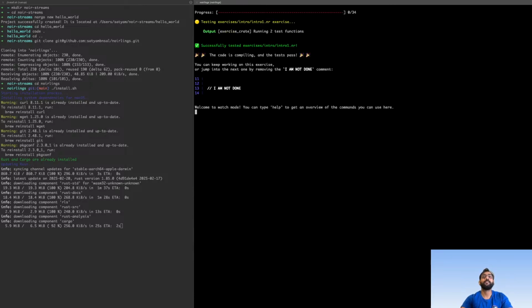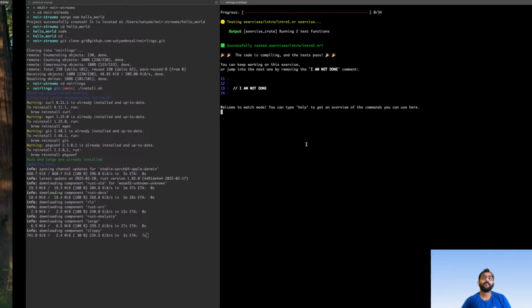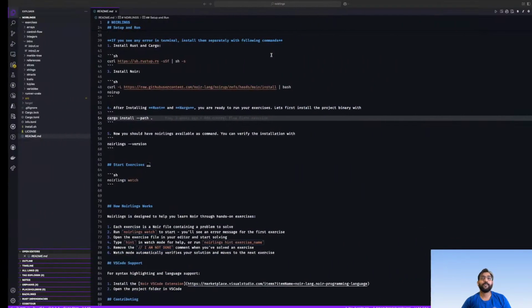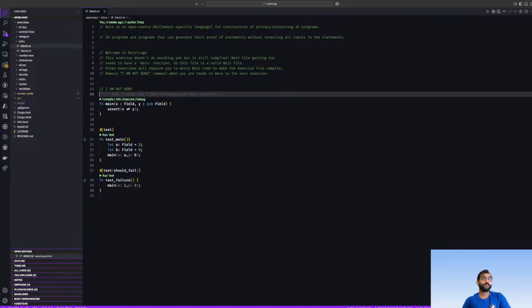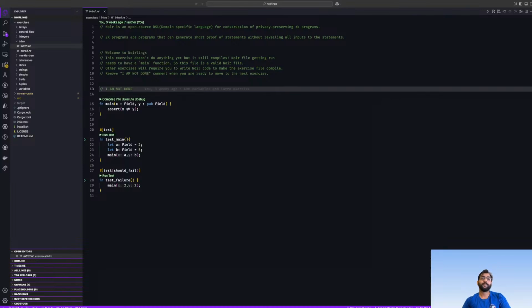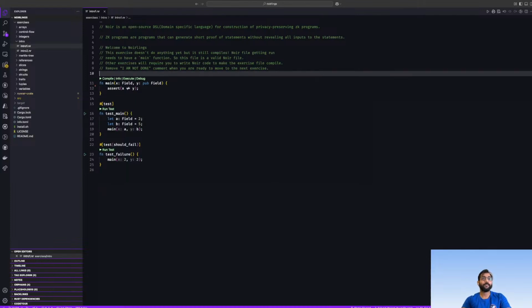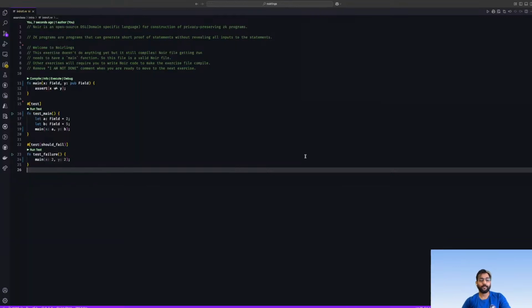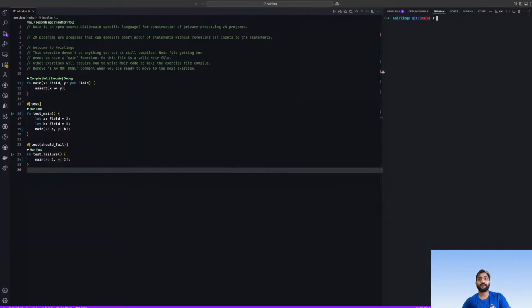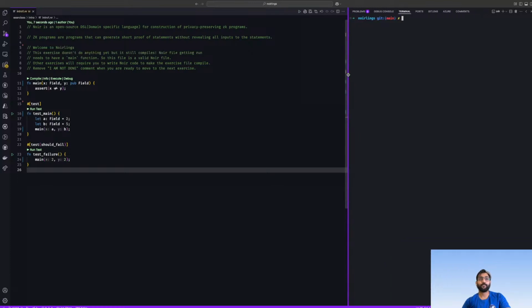Okay, so you can see that it is running intro 1, and yes, we are up now. Intro 1 is just a very basic exercise. There is nothing except reading this, so you just remove this and that's it. I believe the best way would be to open it somewhere here, so that we have access to this in the same noir links watch.